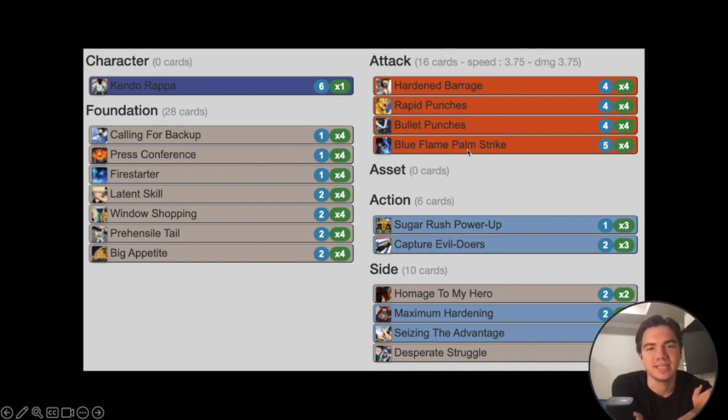Oh, and we use this to get a momentum. So then we're going to echo Bullet Punches, then we're going to play this again and get a momentum, and then you can just do little loops like that to where you can play an attack twice with the Prehensile Tail. What's cool about Hardened Barrage is that you can then unflip your Prehensile Tail and just keep going and, unflip your Prehensile Tail, flip your Prehensile Tail, grab it, play Barrage, unflip it again, use it, grab it, and